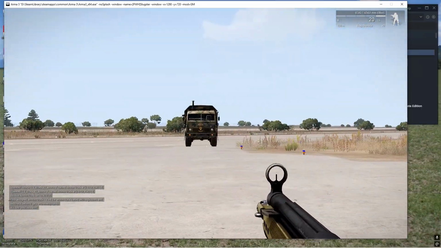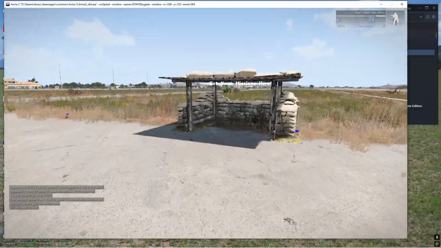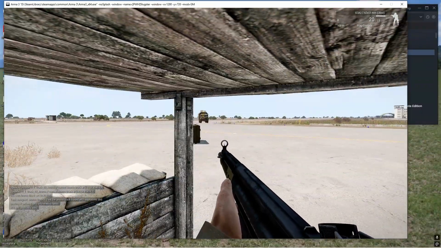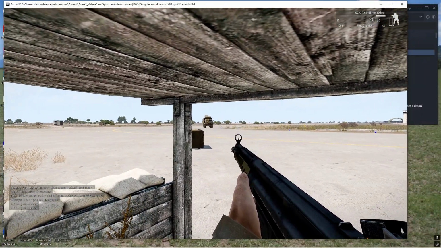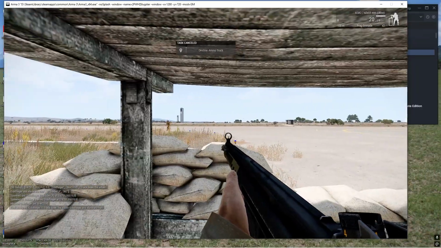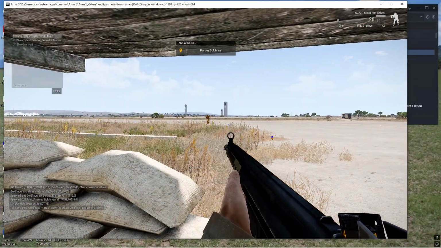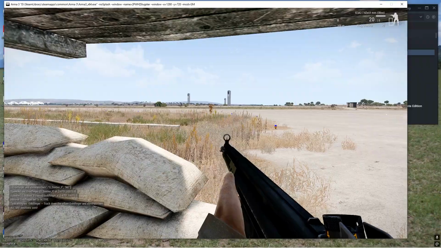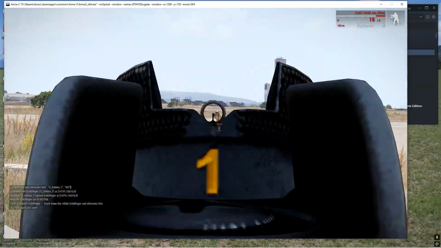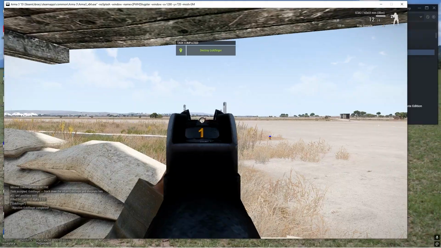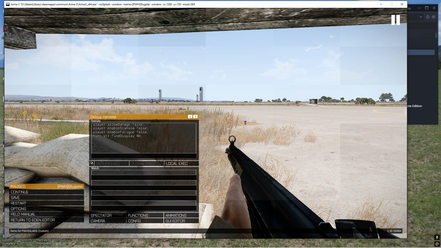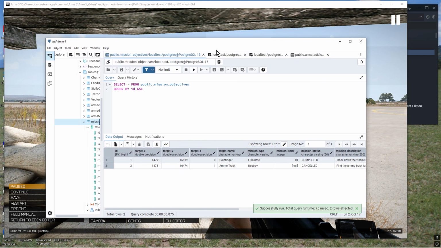So I go there, so this task is now active to destroy that truck. If I went back in here without doing it, what it will do is automatically say, oh, this task's already been assigned, I'm going to cancel this one, there it goes, and assign this one. If I go to 003, see it says cancelled, so I'm keeping track of what's going on in the missions. 003 should be completed and then cancelled. Great. Then when I go back into the database, you can see completed, that's correct, that's Goldfinger, and